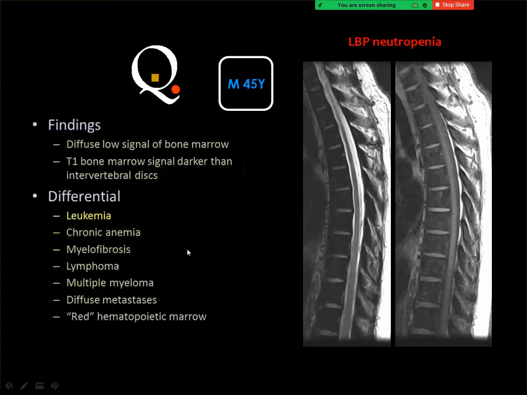And this is the differential diagnosis of the low signal bone marrow in both T1 and T2: leukemia, chronic anemia, myelofibrosis, sometimes types of lymphoma, and multiple myeloma. Myeloma will show some increase in the signal in the T2 weighted image, and metastasis will do so also. The hematopoietic red marrow or red marrow conversion is not extensive like this. So we are in the upper three possibilities, either leukemia or chronic anemia or